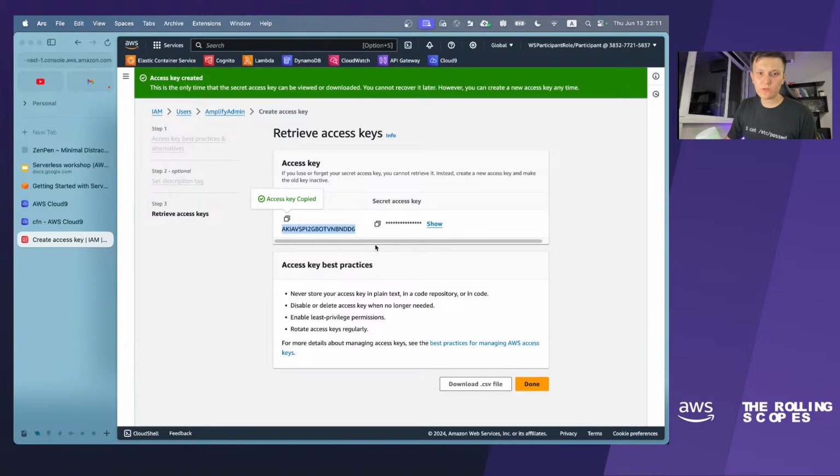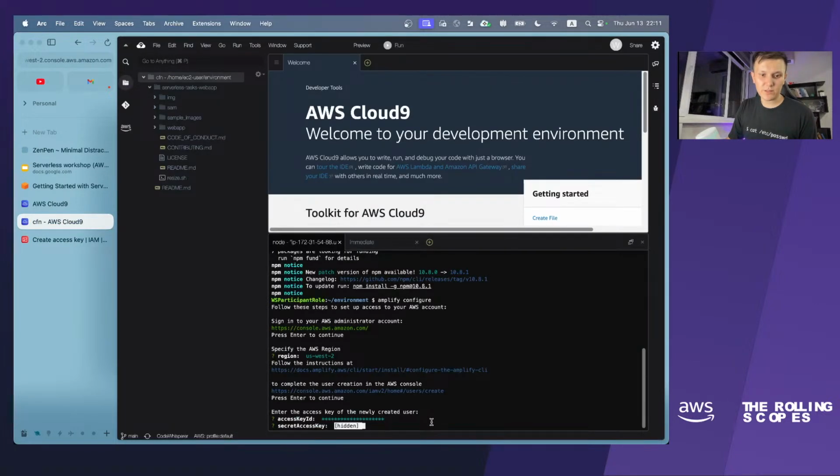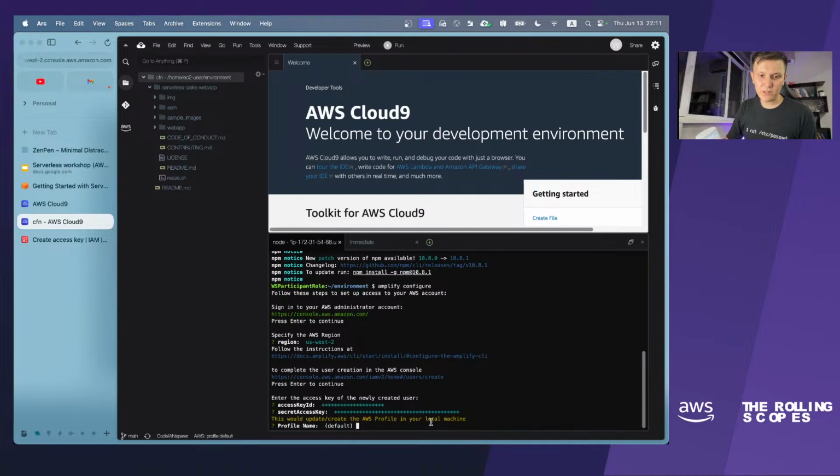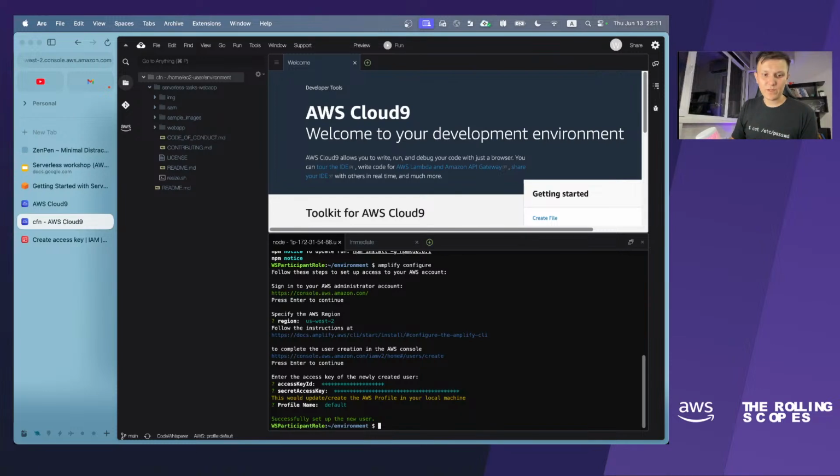The secret access key. This one is secret and it is hidden. You can press show and show the secret access key, but I would not recommend it. So you can just copy it as well and paste it here. After that, you can choose a profile name for your Amplify user, for the AWS user, and I will leave it as default. Great.